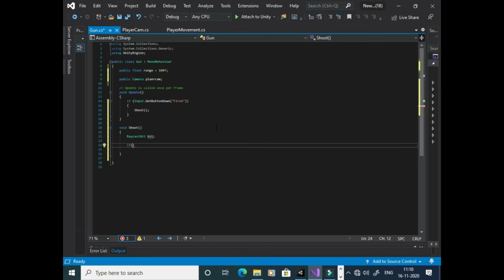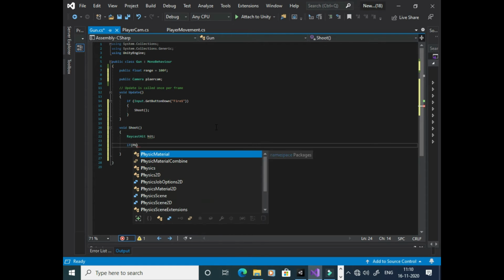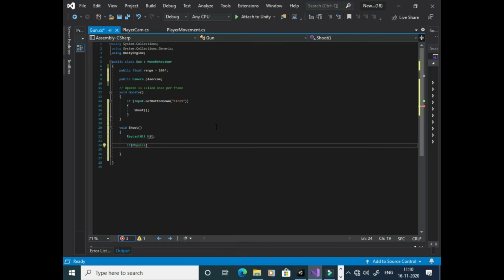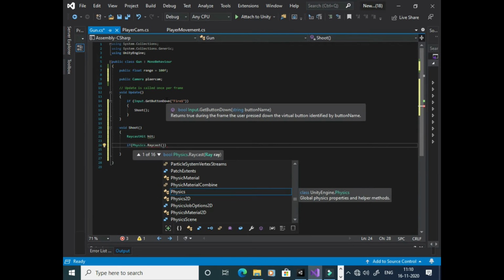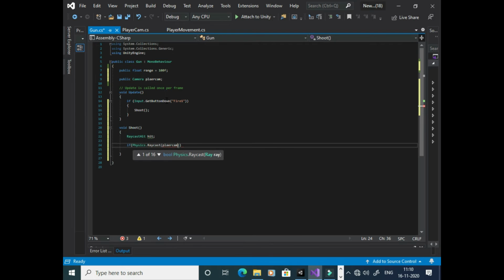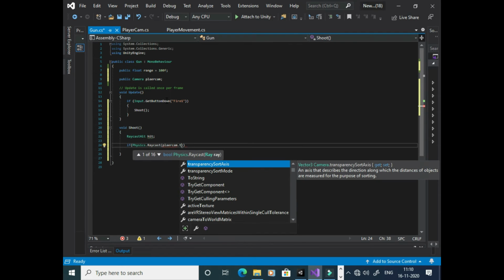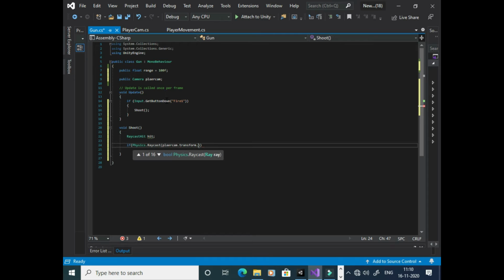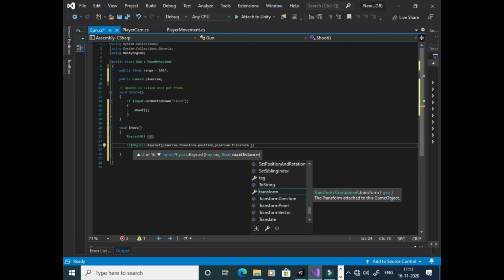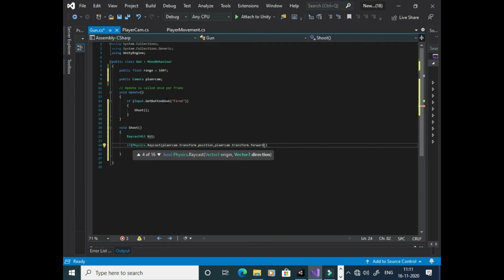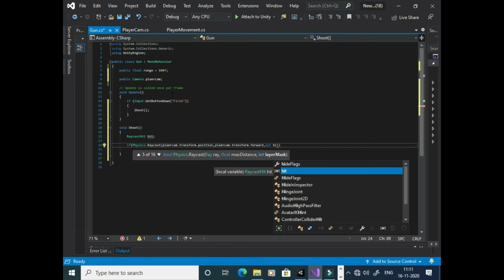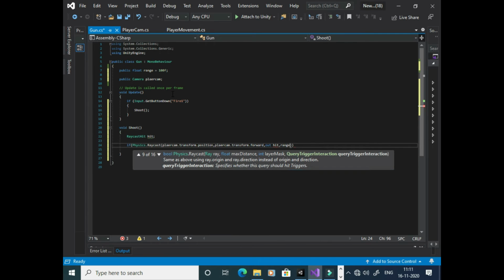If we hit something, then we have to write Physics.Raycast, open and close brackets, and under this we have to write playerCam.transform.position, comma, playerCam.transform.forward, comma, out hit, and also our range.